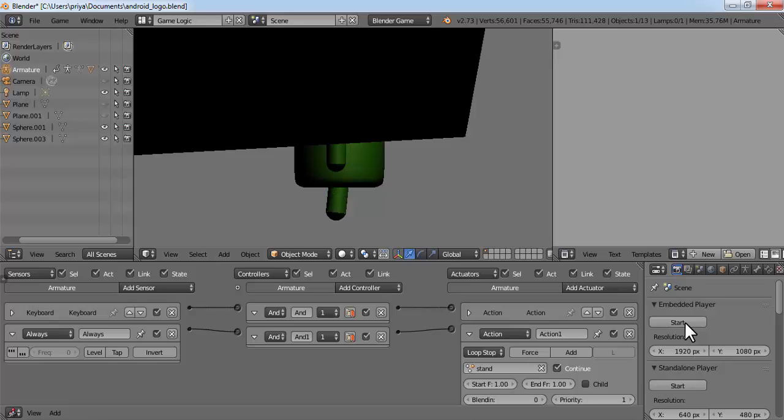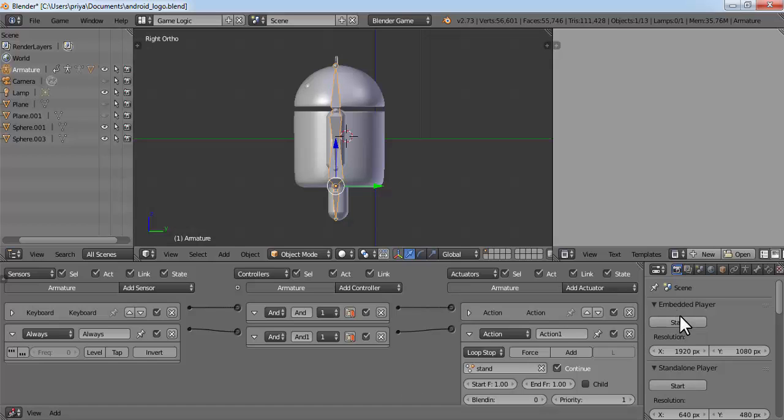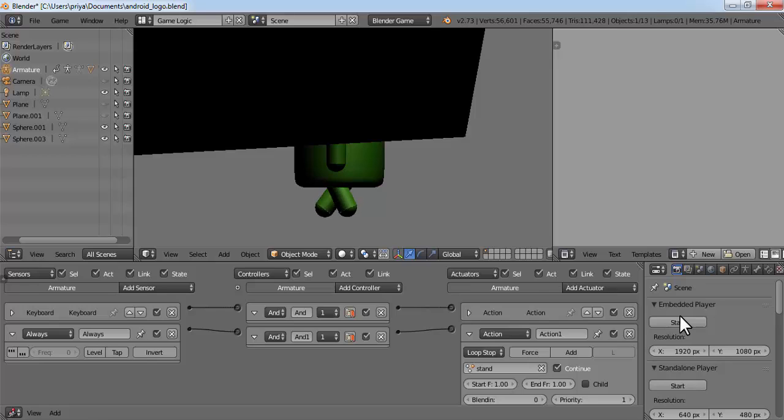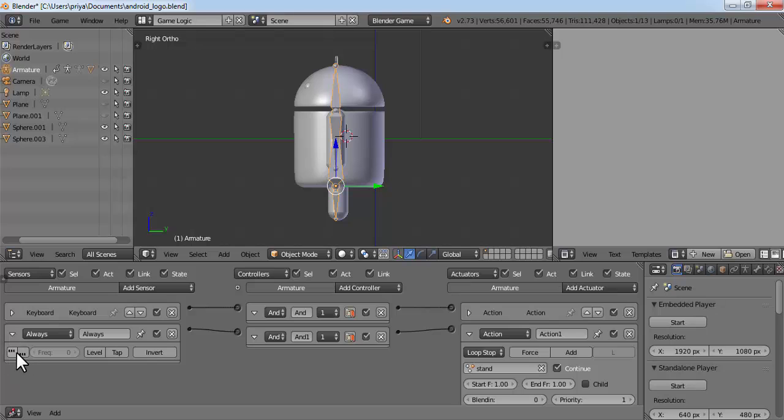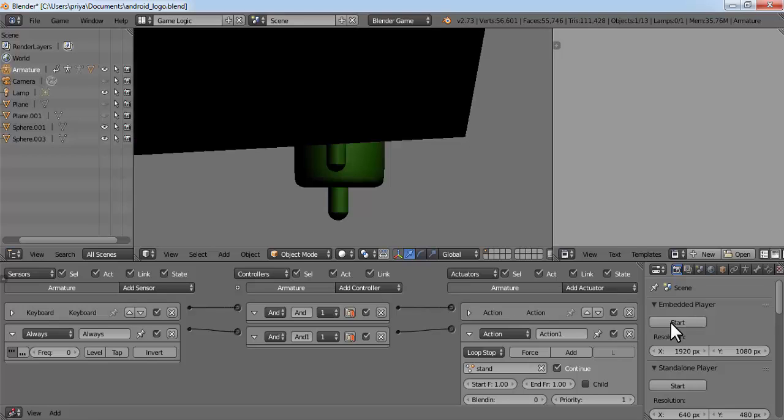will stop. So it should stop at the idle position, that is the stand position, but it is not stopping there. So for that you have to click here, activate true level, and then click start. And now if you press up arrow, it will start walking. If you release up key,